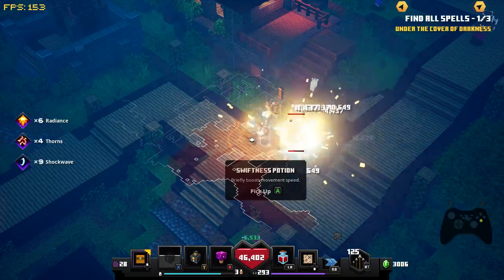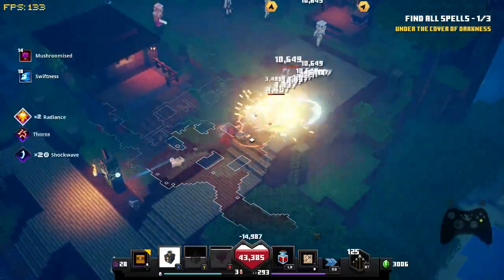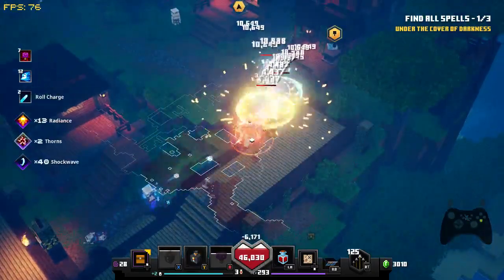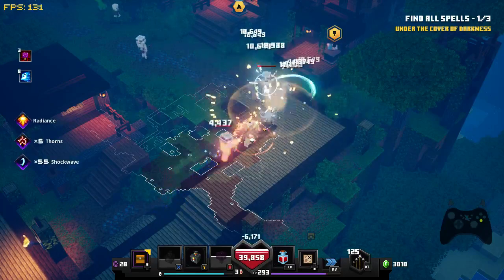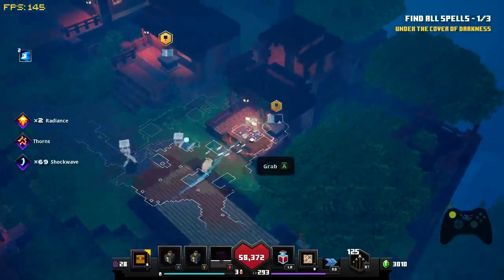Alright, we're gonna take that in a second. I won't take it now. Yeah, I'll take it now. So I've got mushroom and then I've got thingy, so we should be able to get through these relatively faster. I mean, you can see all the buffs I've got on the sides. Thorns and radiant, shockwave. So they're enchantments and then buffs are on top, so...